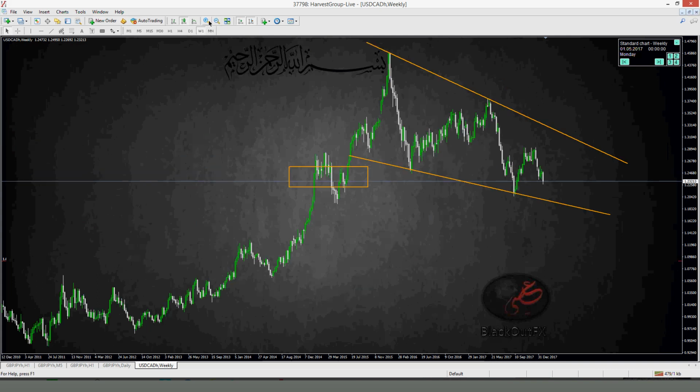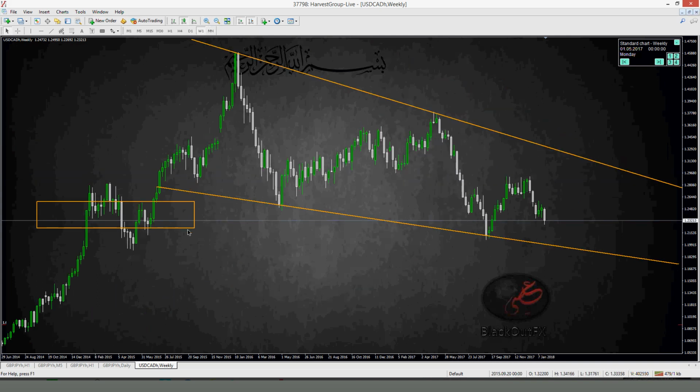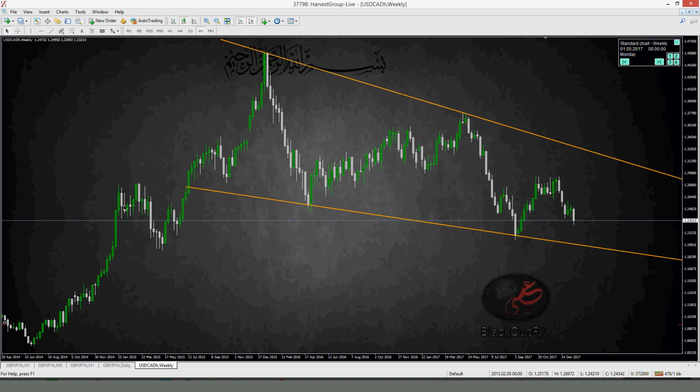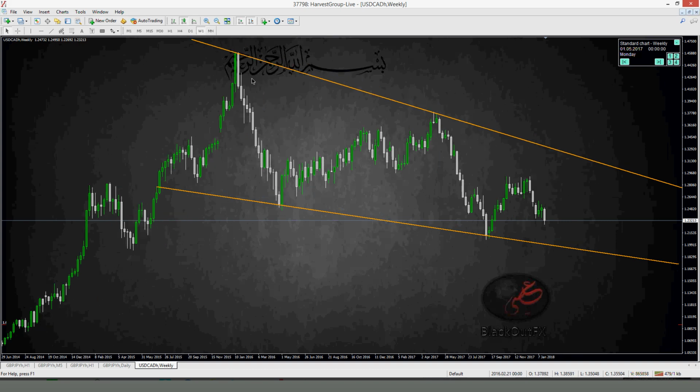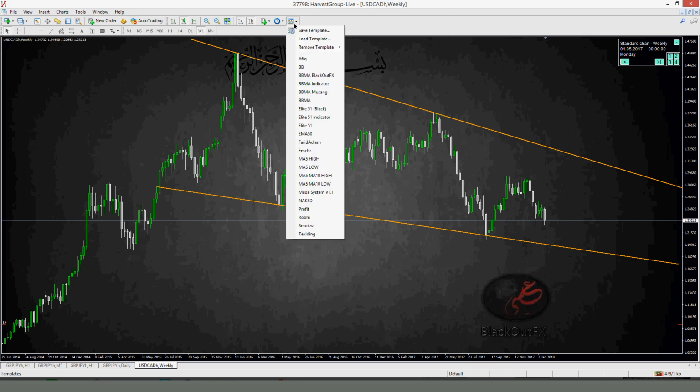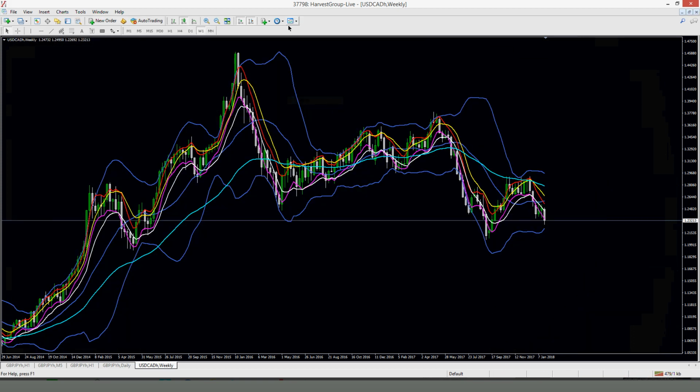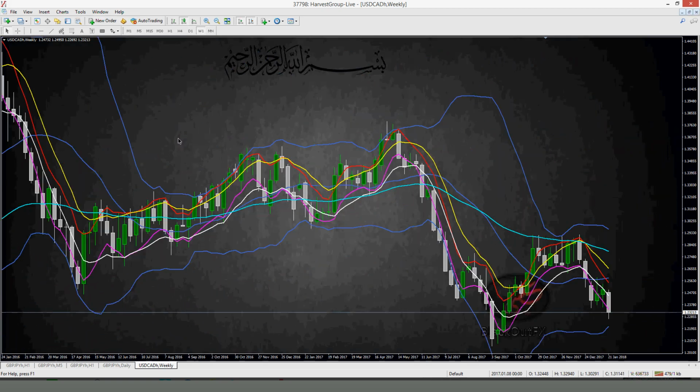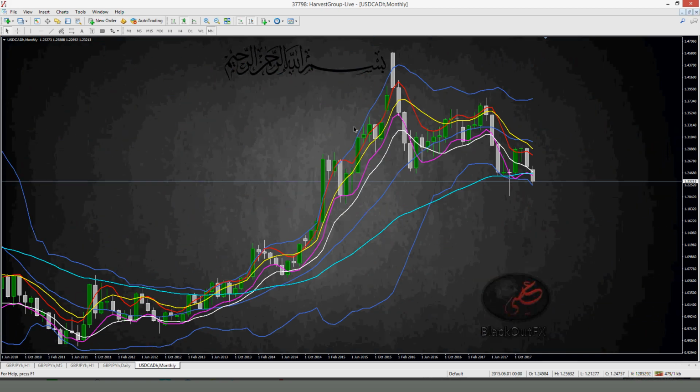All right, so in that sense, what I usually like to do, for example, this is the highest point at which the market has gone through and is now on the trend line. Okay, however, the market couldn't manage to break through the resistance over here. Okay, so what I will look into from the BBMA point of view, okay, is to look for setups and signals. Okay, so on a monthly time frame, okay, we have